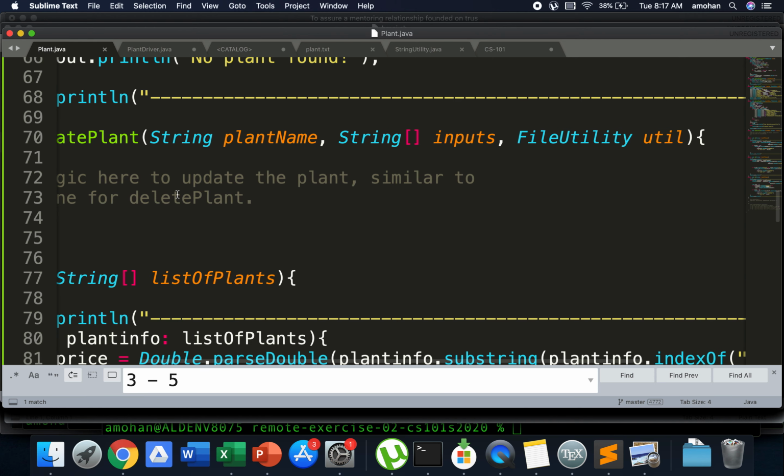And then the method is added here. So I like you all to work on the implementation of this update plant. And again, it should be similar to what we did for delete plant. So please make sure that you add that implementation and then you work on that individually. And please make sure that you do the commit and push by 5 p.m. today, Eastern Time,